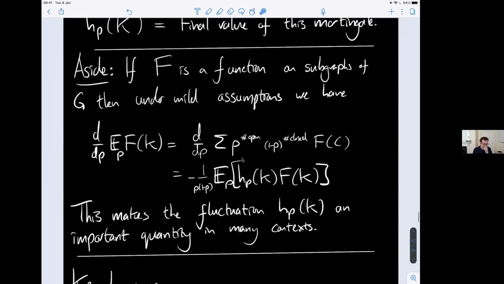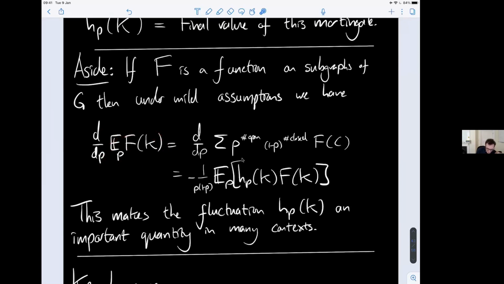So just as an aside, I won't actually be using this, but this is one of the main reasons why the fluctuation is important in other contexts: taking expectations against the fluctuation lets you differentiate functions of the origin. So if you have some function on subgraphs of G, like the volume, the square of the volume, the radius, whatever you want, and you look at the derivative of the expectation of that function, well, you can always